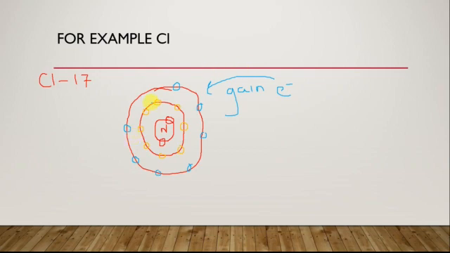So taking 1 electron, it will have 8 electrons in the outermost shell and hence the octet will be completed for chlorine, and chlorine will get converted into Cl minus ion, also called an anion. Right? Yes. So again, as it is gaining 1 electron, the valency of chlorine is